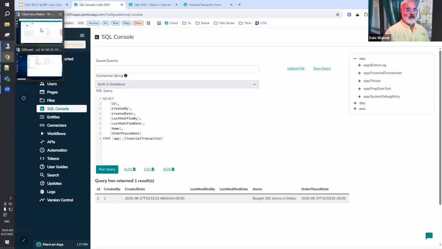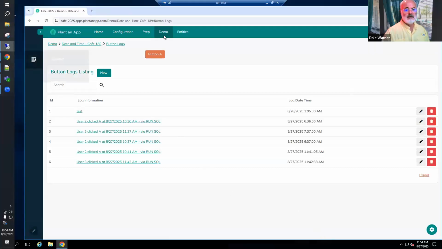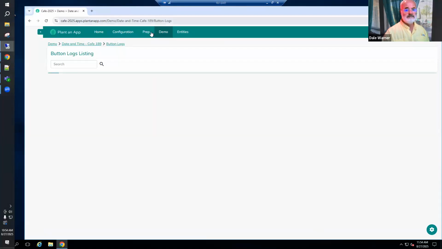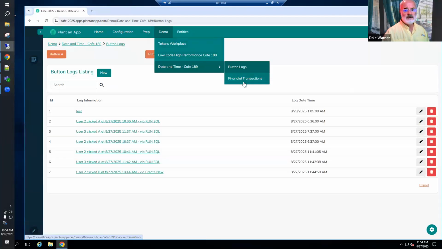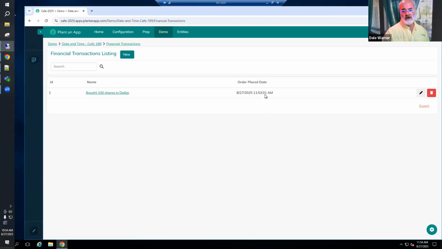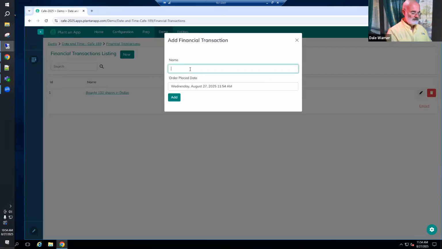So now it's time to bring New York into the picture. If we go to this same form, financial transactions, and look at it, we see the display is being converted to user time, so we're seeing it as 11:53 in New York, which is correct, but it's stored, it keeps the 10:53 of when I did it. If we buy some shares here from New York,